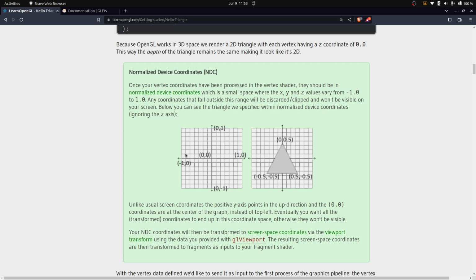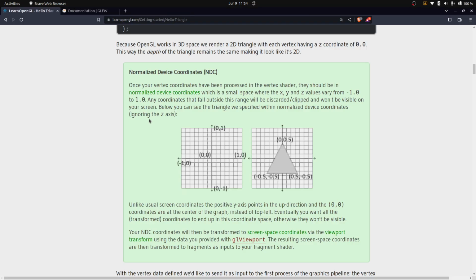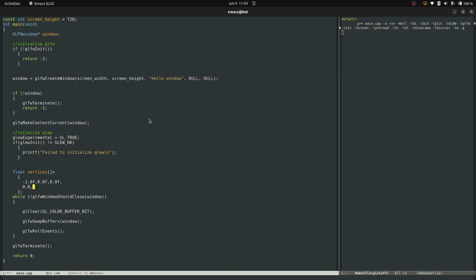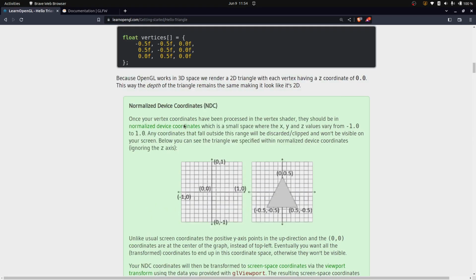The coordinates should be -1.0 in x, 0.0 in y, and 0 in the z axis, and then 0 in the x-axis, 1 in the y-axis, and 1 in the x-axis, I guess, 0 in the y-axis. So yeah, after that,